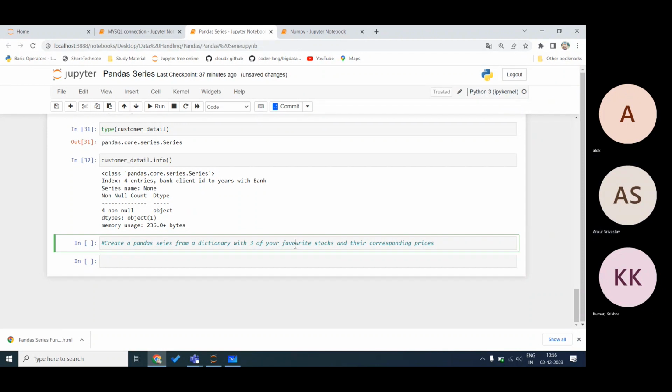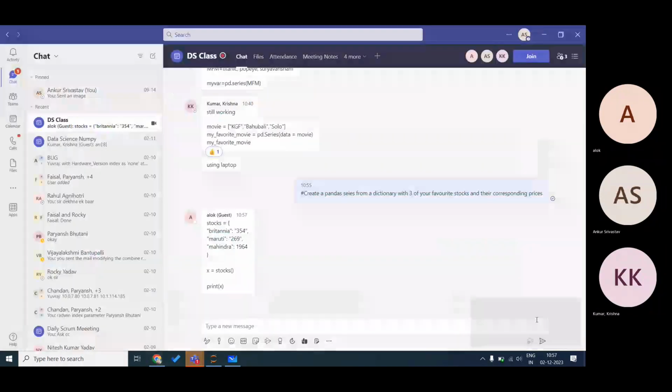Guys, just try to do the questions. Alok, you have to convert it into a Pandas series.